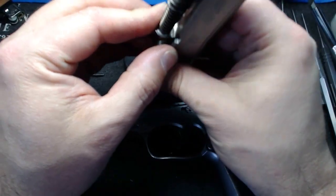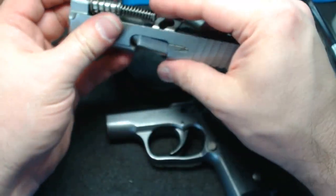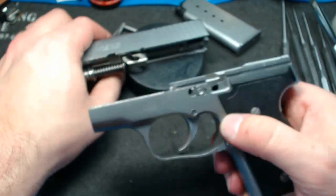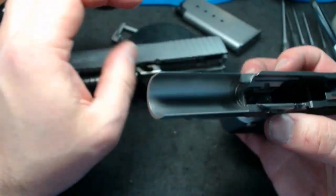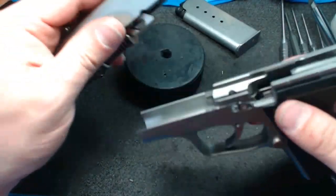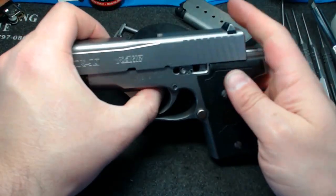Yeah, it's a straight chunk of metal too, which is another thing. It doesn't have an area that it snaps into. But again, all that's not important, because as soon as we put this on, this is no longer leaning against the barrel. It's intercepted by the frame. So all of what you do there is just to line it up long enough to put the gun back together. So as we put this on,